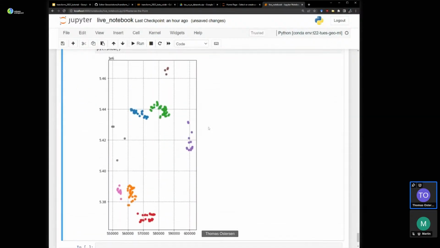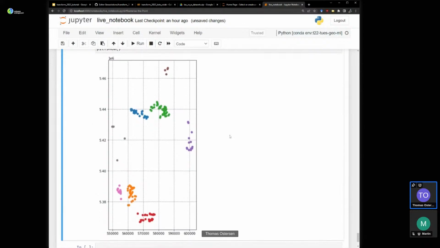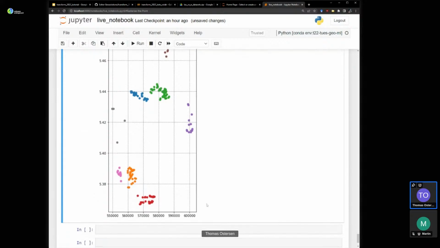So we've added a cluster label to our occurrences, and we can then use these cluster labels to generate a new raster label set for model training. So let's go ahead and do that. Let's make a new raster label. Generate raster label.